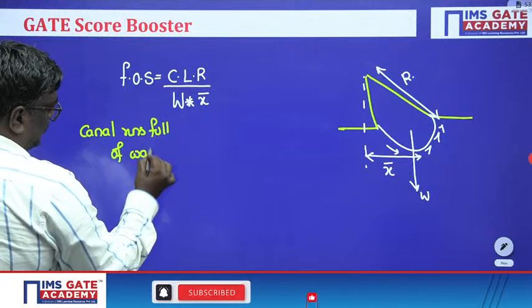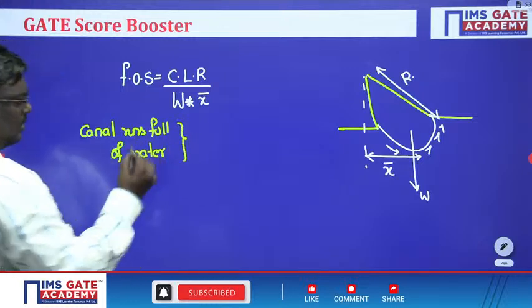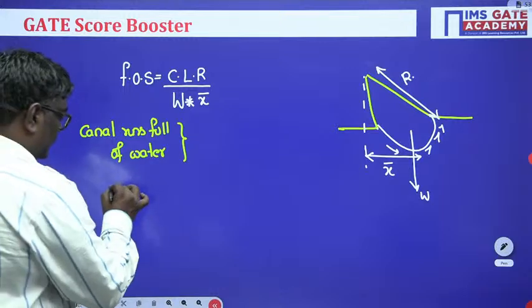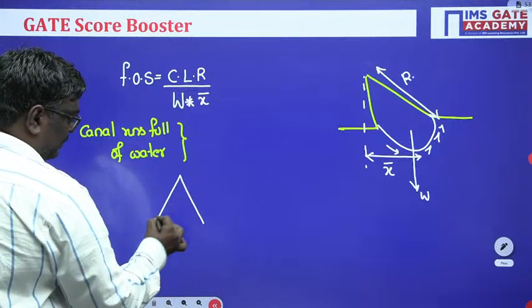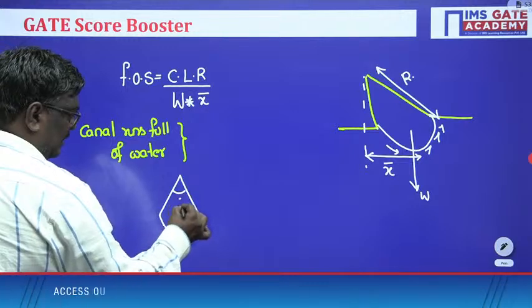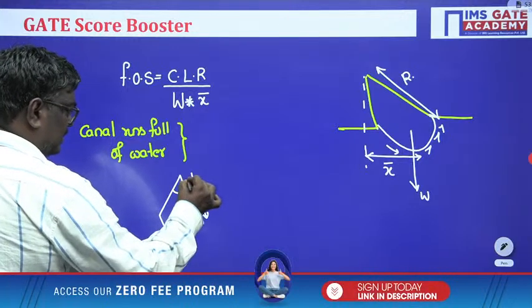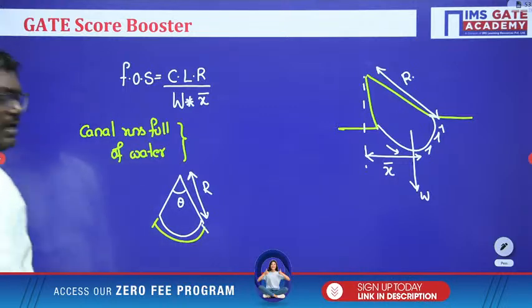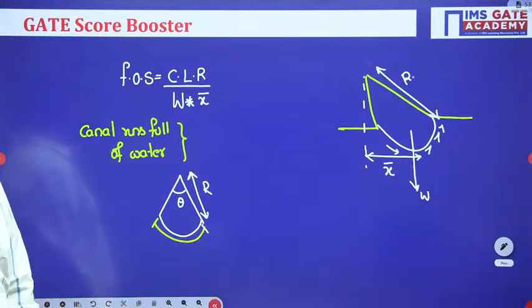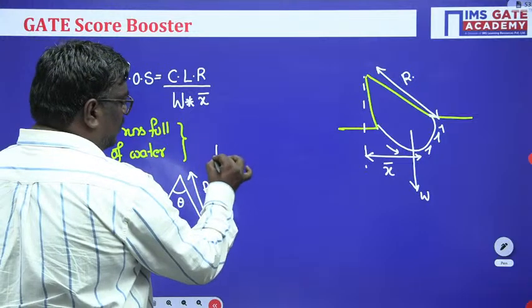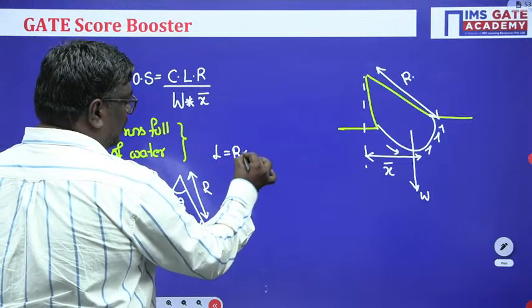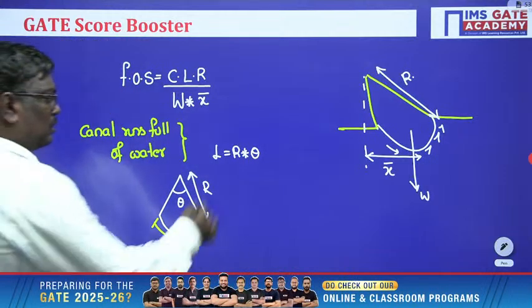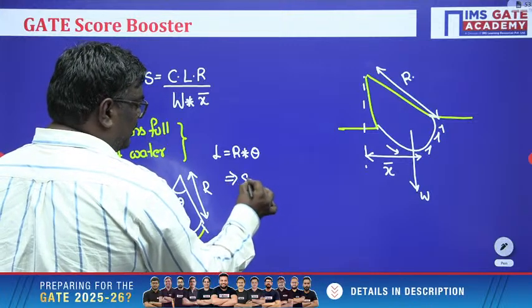Now see, students, when the canal runs full of water, it is something like a submerged case. First of all, if this is theta, and if they have given you this as radius, what will be the length of the arc? It is a quite simple formula. L will be equal to r theta. Length of the arc is equal to r theta. So here radius is given as 8 meter into